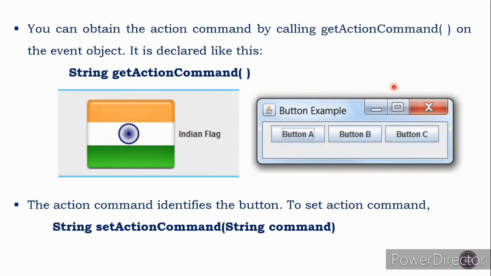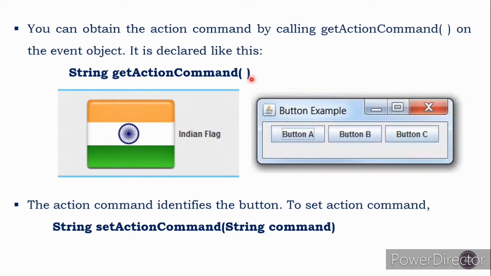Already we have seen this in the first unit. To get that action command, we use this method, String getActionCommand.